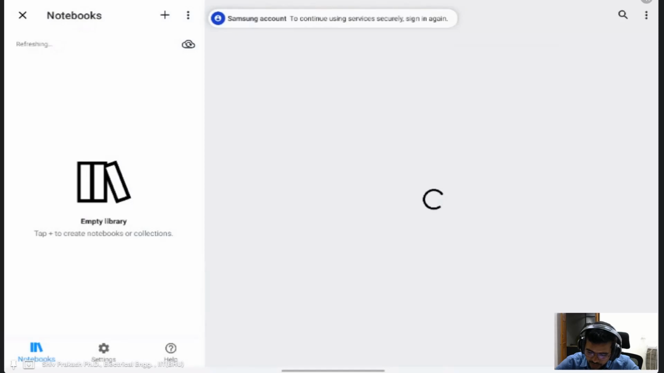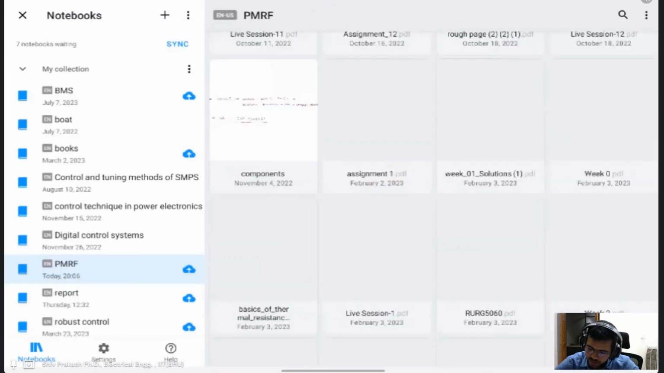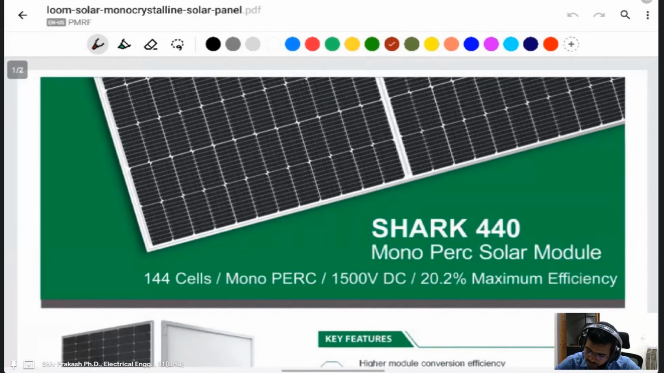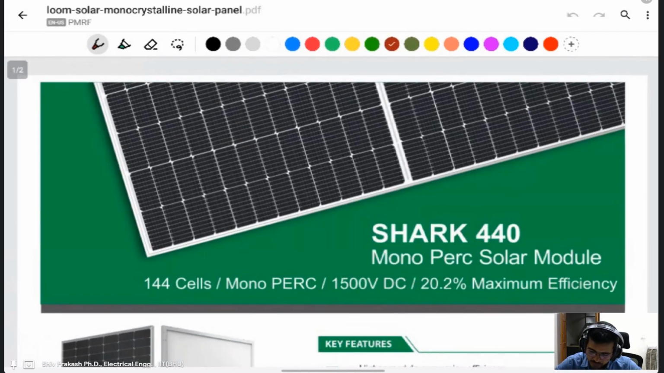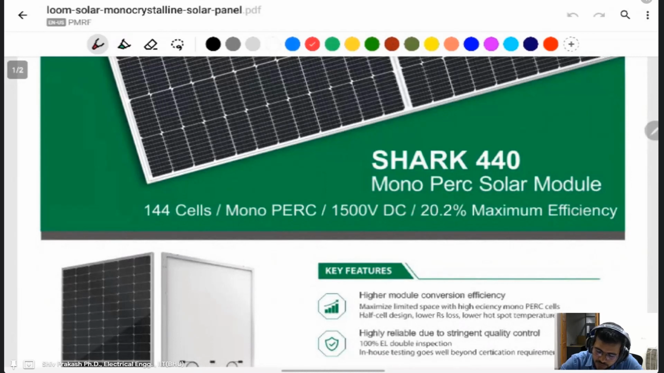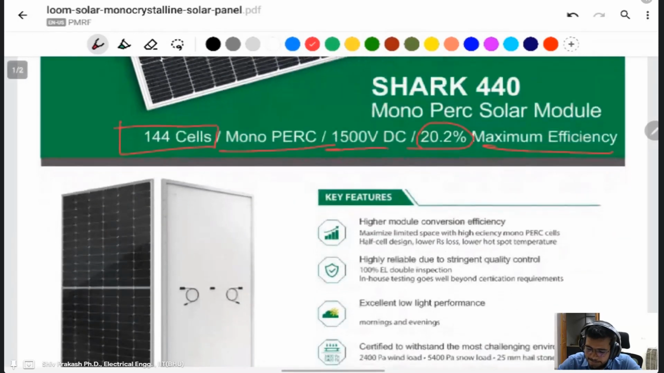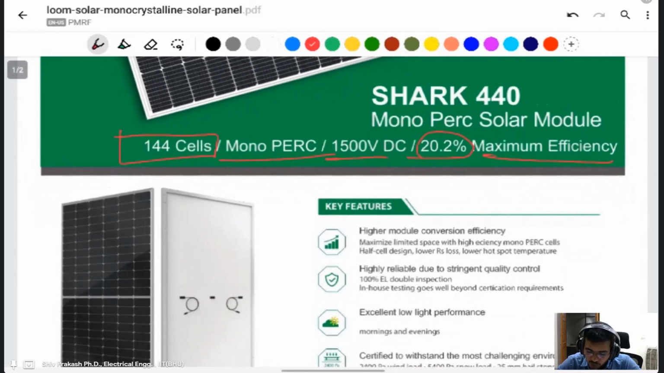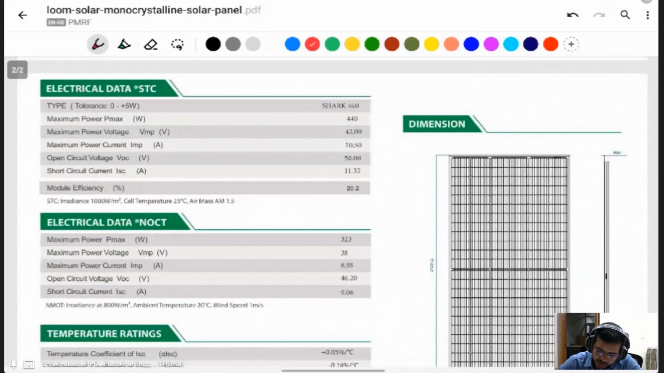I have already opened the data sheet. This is the data sheet of that solar panel. It is given as 144 cells, monocrystalline, 1500 volt DC, with 20.2% maximum efficiency. The question asks only how many cells are connected. It will be 144 cells. If you want to check the data sheet here,